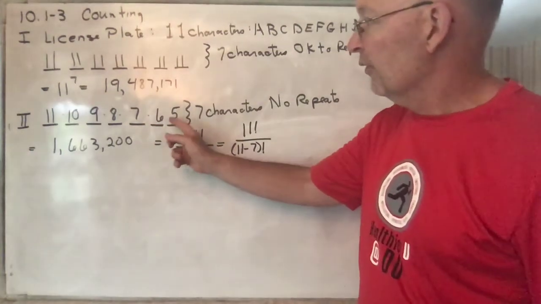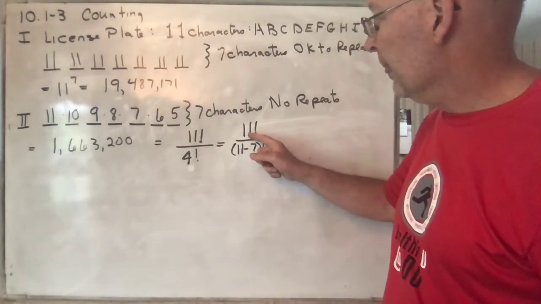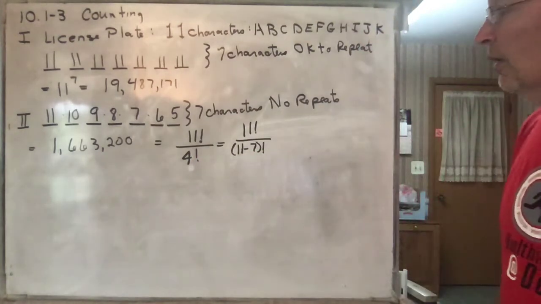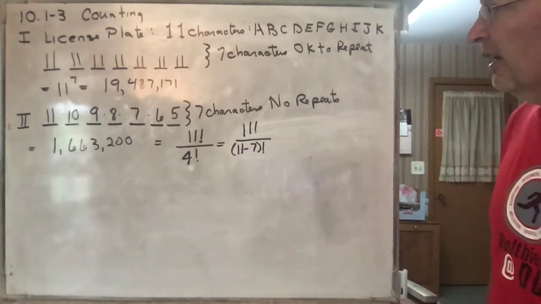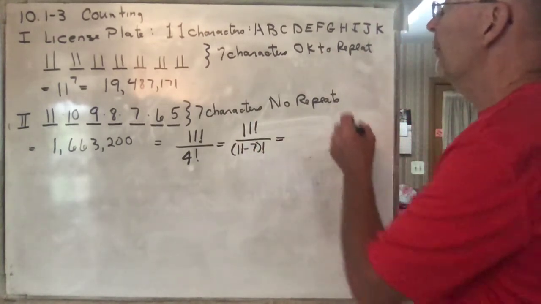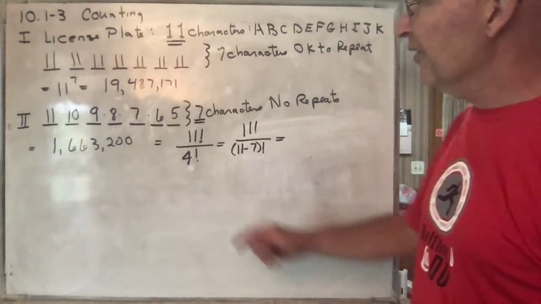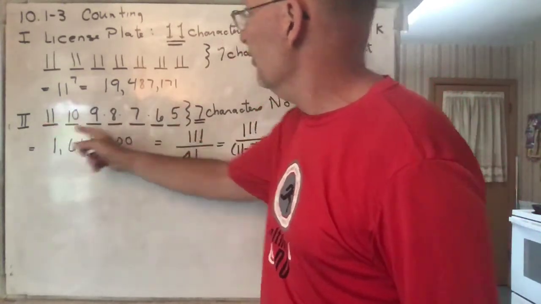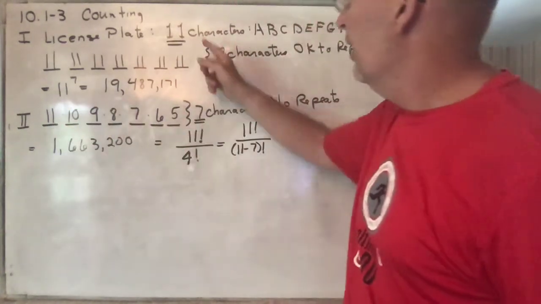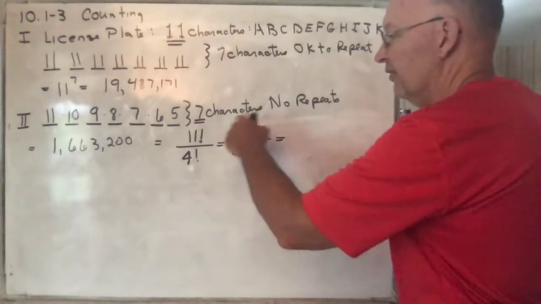If we had 8 to fill here instead of 7, then I would have had 3 factorial on the bottom, which would have been 11 minus 8. See that? So there you have it. And I write it that way because this is using the information from the problem. We have 11 characters up here, and we have 7 characters there. And so basically, whenever you have 7 spots to fill, and 11 characters to use to fill those spots, then this is the number that you get,